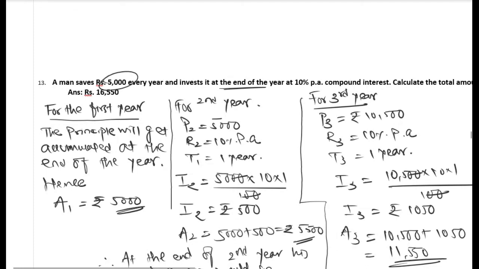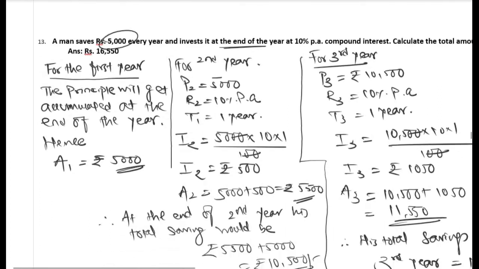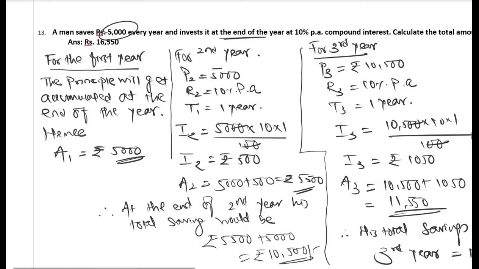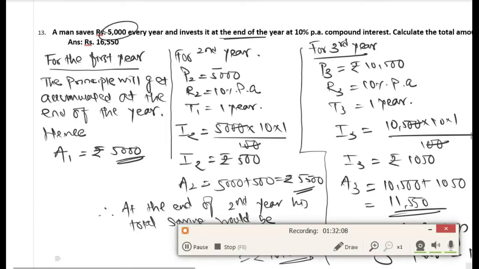I'm going to make one more video, not short, maybe half an hour or something, for the exercise 2B, for guiding you how to solve the exercise 2B. I am sure that you will not need the guidance because you are all smart kids, but definitely some doubts come up here and there, and compound interest is such a chapter. So I'm going to do that small video, but maybe if I get time tomorrow. Don't be dependent on that video. Just start solving exercise 2B as you would, right? So see you later then.